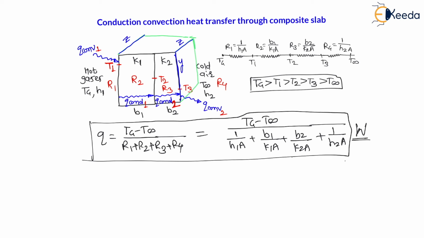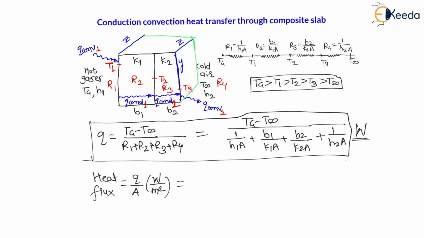And if I want to find heat flux, right? Now we know that heat flux is nothing but heat transfer per unit area, right? This is in watt per meter square. So from here, if I consider this area common, this will go up in the numerator, and again to the left side it will go to the denominator.